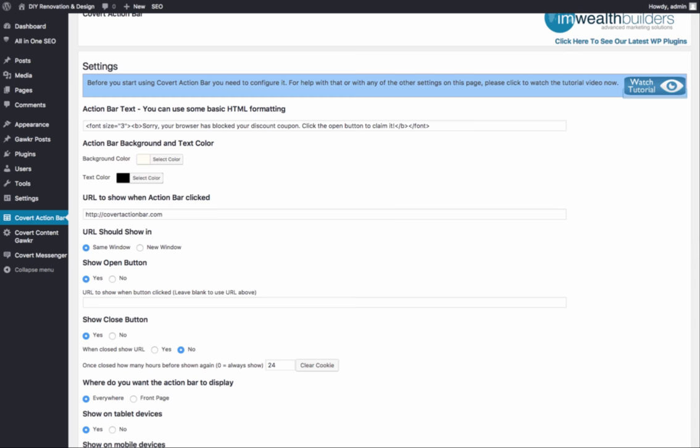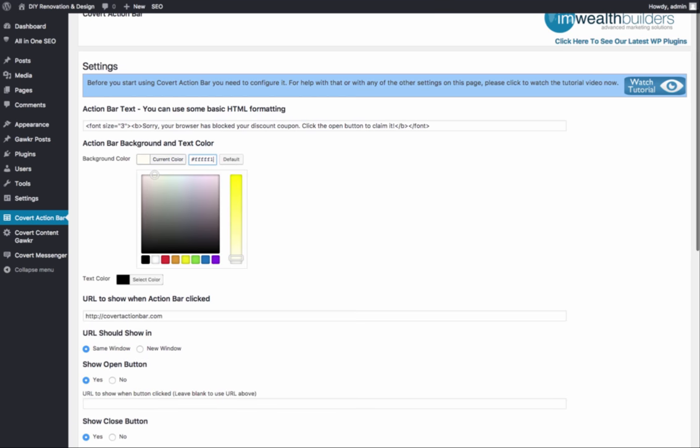The other settings in here: you can put the text for your bar ad. And of course, what Code Action Bar 2.0 does is that it mimics these pop-up blockers and puts up an ad that looks like the pop-up blockers, and you put the text you want on here. And as you can see, you can use simple HTML in here, such as bold text